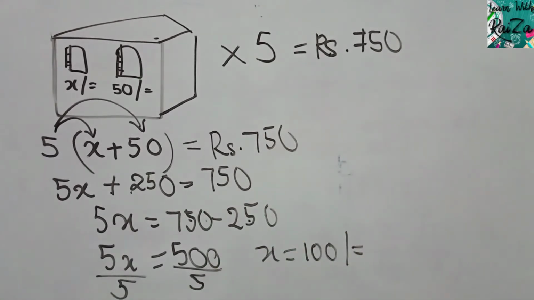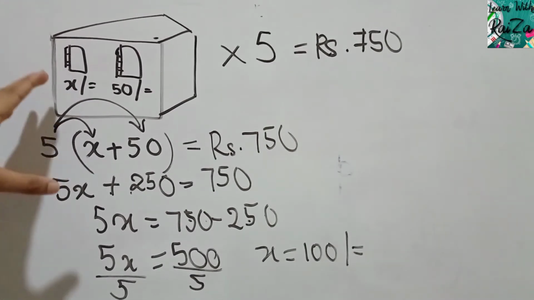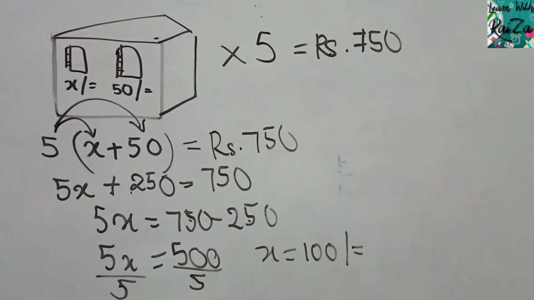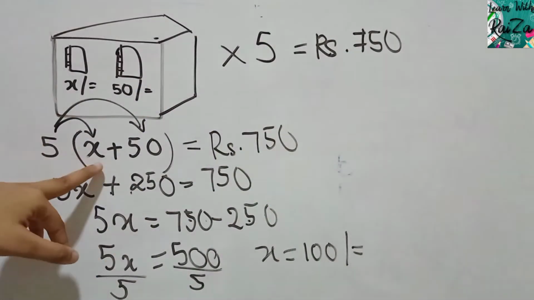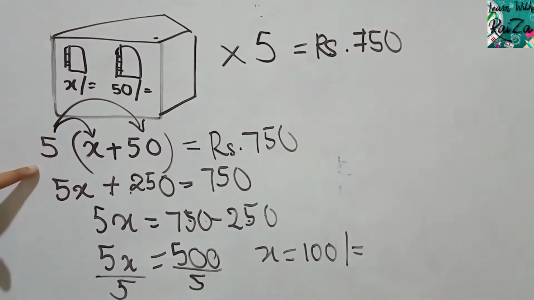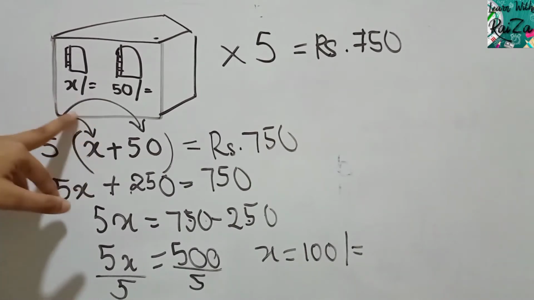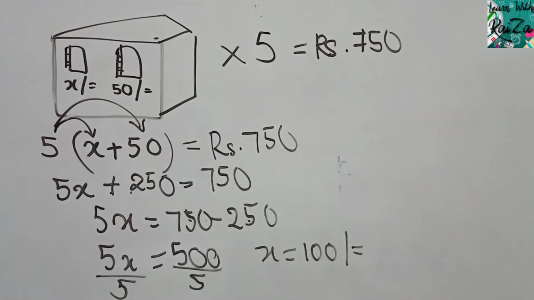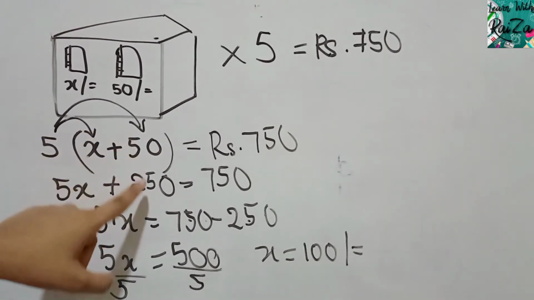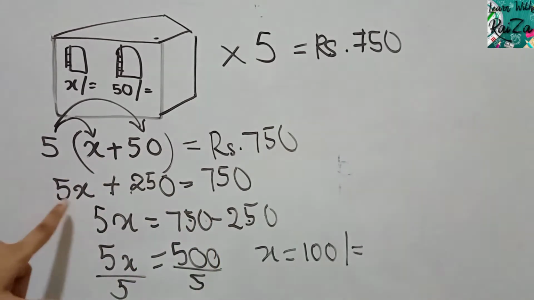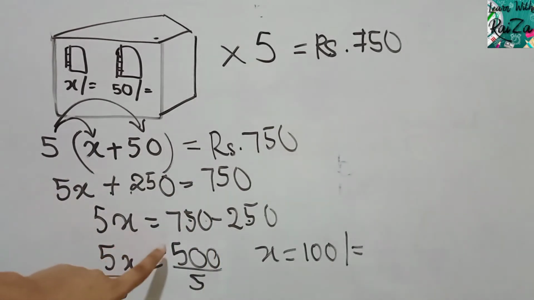So repeating again the same thing to understand. One box contains two books, one worth x rupees, one worth 50 rupees. So what is the value of 5 such boxes? They have given 750. So one box the worth is x plus 50. 5 such boxes, I multiplied that. To remove the brackets, what did I do? I multiplied each term inside the bracket by the term outside the bracket. I obtained 5x plus 250. This positive 250, I took it there. It became negative 250. 5x became isolated. 5x is equal to 500. To isolate x, I divided both sides by 5 and obtained x is equal to 100 rupees.